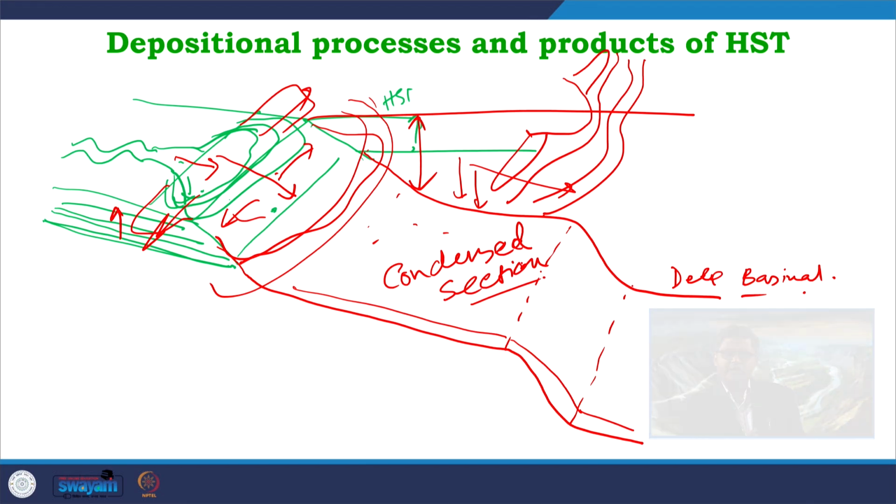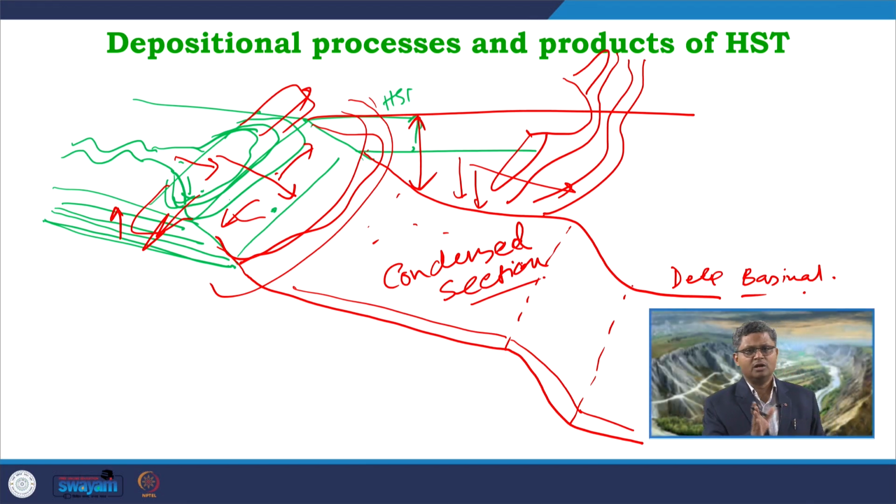So, we get these condensed sections distributed over this entire zone, starting from the outer shoreface to offshore to shelf to deep basinal part. Since this area is under mud cover now, and is not facing any major energy variation, any major high energy processes, this area is very much stable now. This shelf break area, the shelf edge area, is very much stable now.